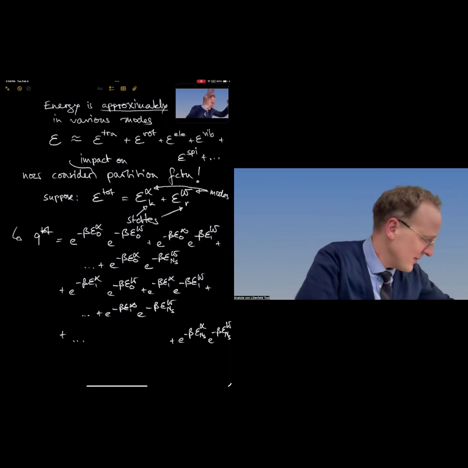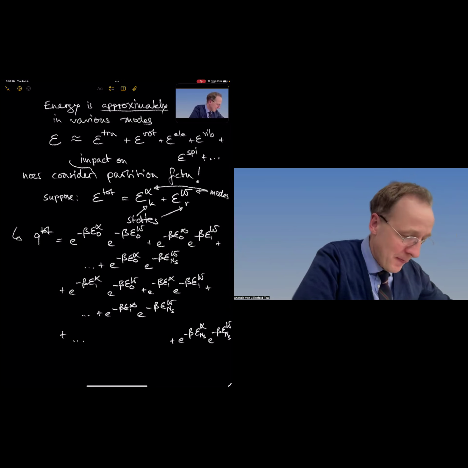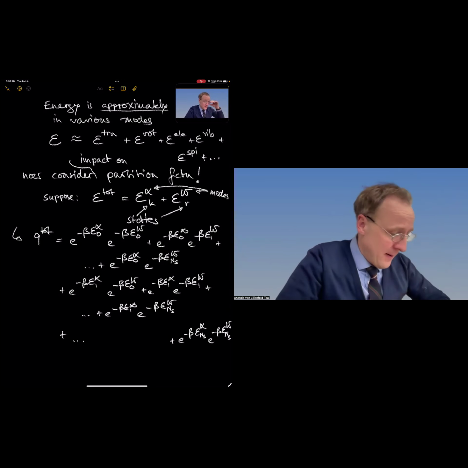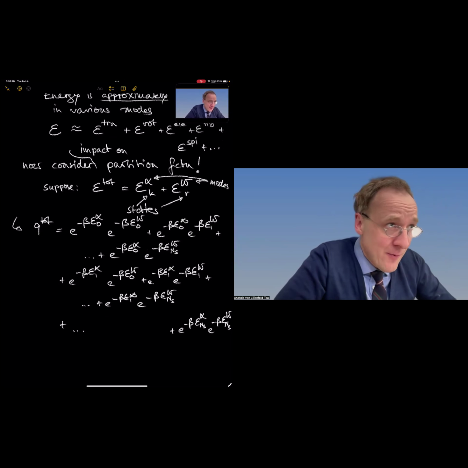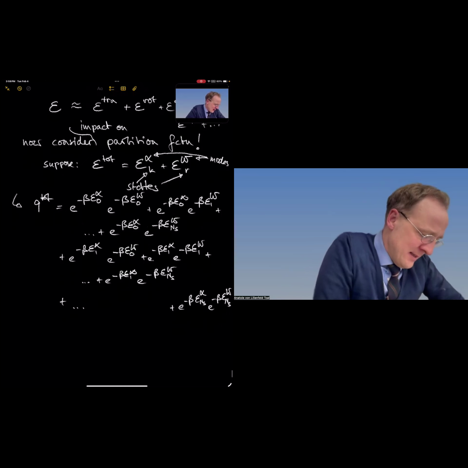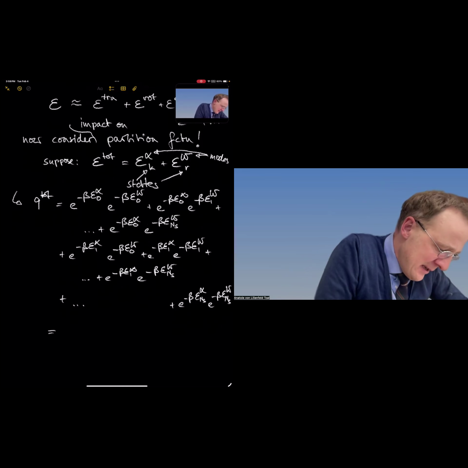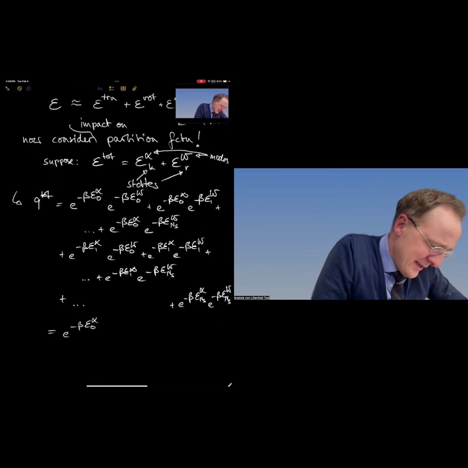We just assume it's some large number, okay? Okay, so that's basically my Q, my partition function without using the summation symbol. Now I can do a neat trick. I can factor out the constant terms, right? I have e to the minus beta epsilon 0 alpha,